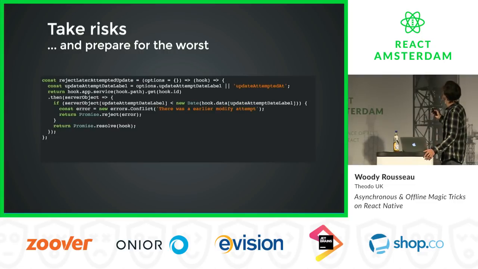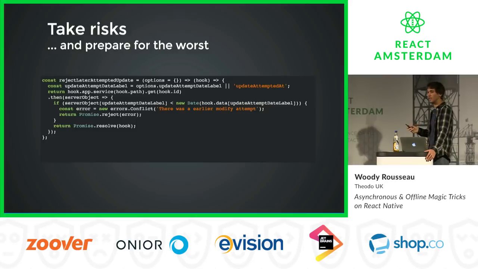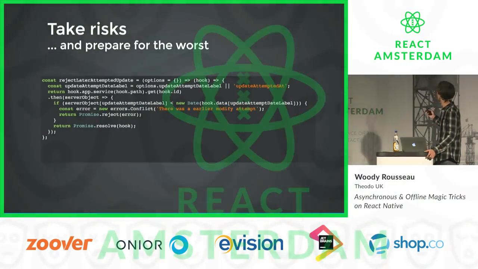What you want to do is basically grab from the payload the update attempted at timestamp that is provided by the client, because you trust the client. And if for some reason the timestamp that you got from the client is actually after the timestamp that is currently stored on the server, then you want to reject with there was an earlier modified attempt, which means that